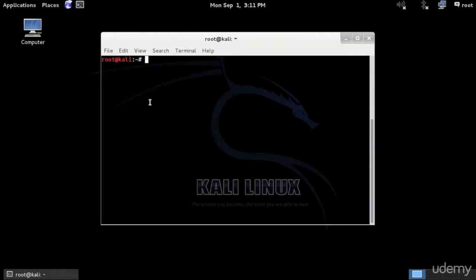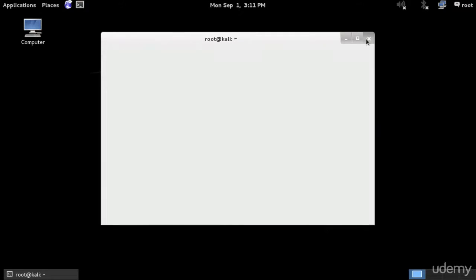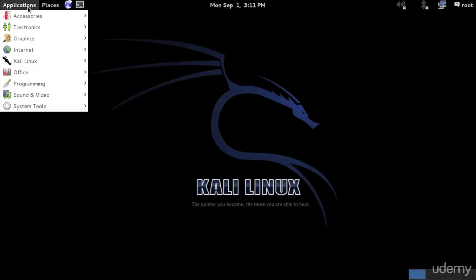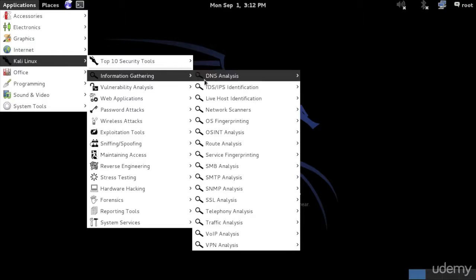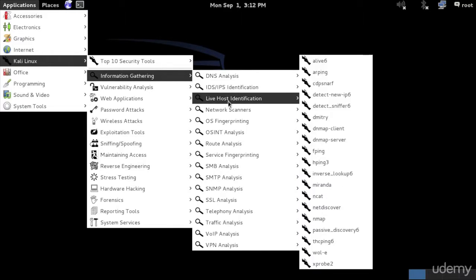If we are trying to enumerate a Linux machine, we can use RPC communication. We have RPC client that can help us do the enumeration on Linux. Now, besides that, let's take a look at how many applications we have for enumeration. Now, if you're not aware of the application names, you can simply go to Google, find out which application suits your target best. So let's go and navigate to information gathering, and we're going to check out a couple of